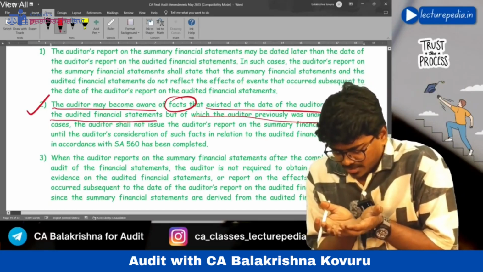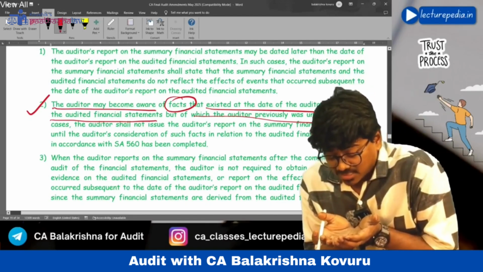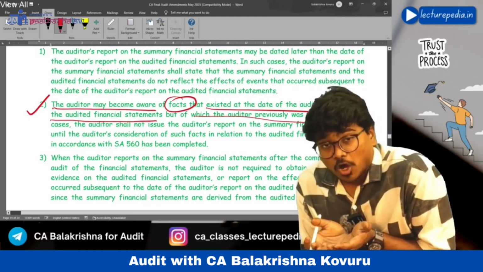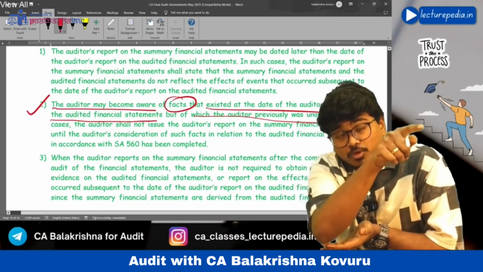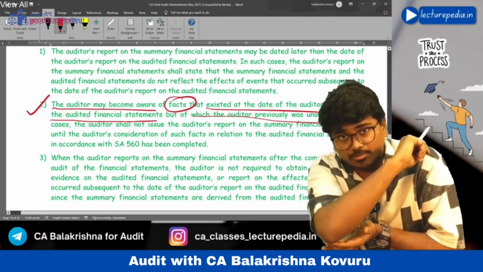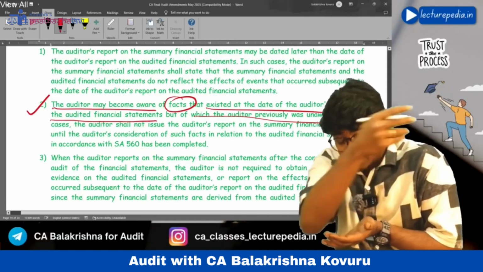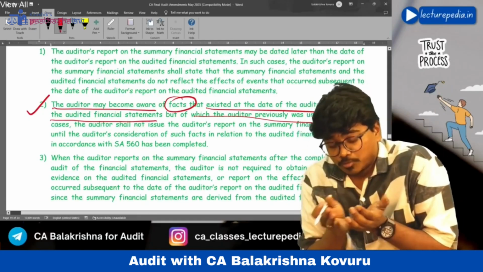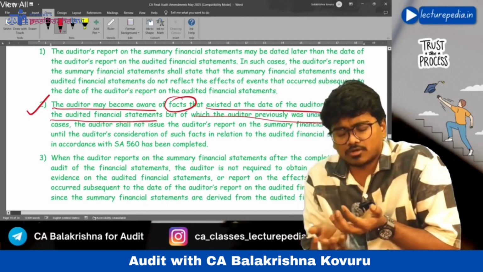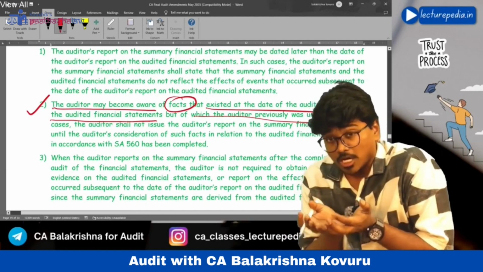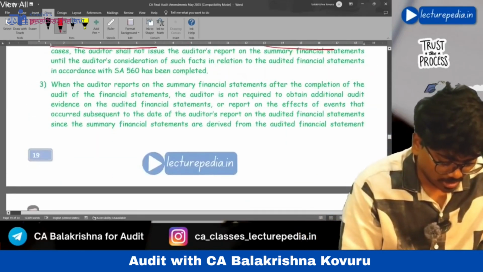While auditing them, the auditor came to know about certain facts which were present on the date of the auditor's report on the complete set of financial statements, but at that time the auditor was not aware of those points. Now he has become aware of them on the date of the auditor's report on the summary financial statements. I hope you are understanding what I am saying.